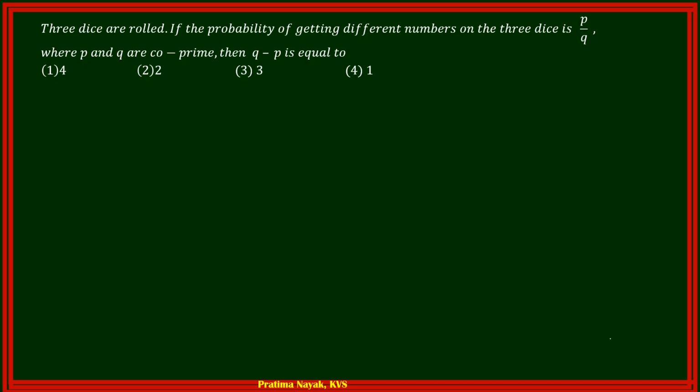So 3 dice are rolled means the sample space will be 6 multiply 6 multiply 6. So it will be 216. Now probability of getting different numbers on the 3 dice. That means number of favorable outcomes